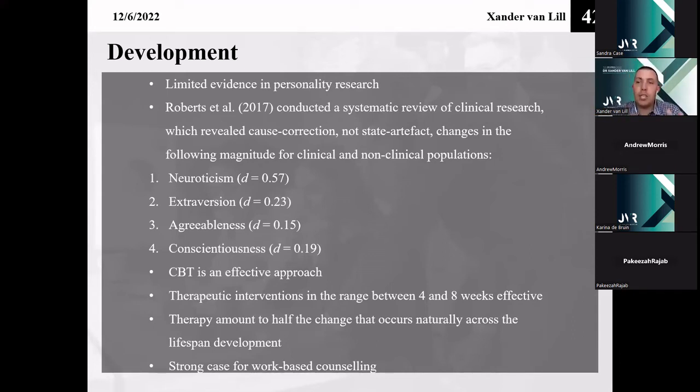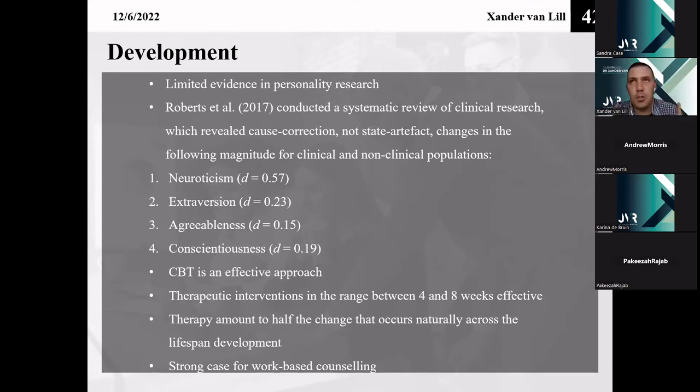And here, I'm especially appreciative of my clinical colleagues who've done exceptional research on this field. Very little published in personality or in IO-psychology type of research, but in the clinical field, a great scholar called Roberts has conducted a clinical systematic review to determine what the meta-analytical impact is of clinical interventions for clinical and non-clinical populations. So they did not only focus on people suffering from severe psychopathology, but also looked at non-clinical populations who didn't struggle, and what the impact of therapeutic interventions were on changes in their traits. And lo and behold, what they did find,